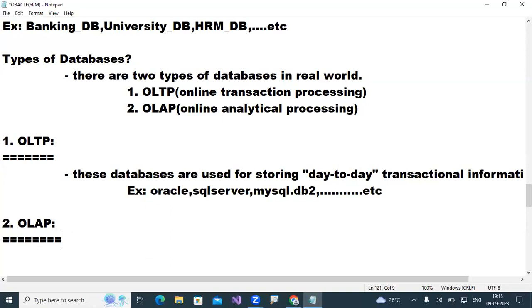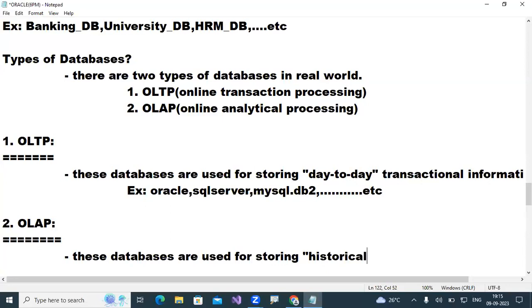So now write down: these databases are used for storing historical data or information.